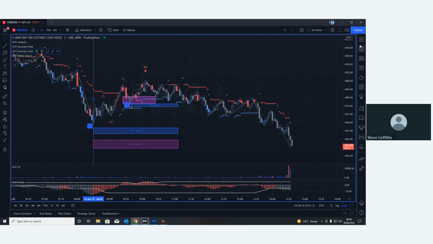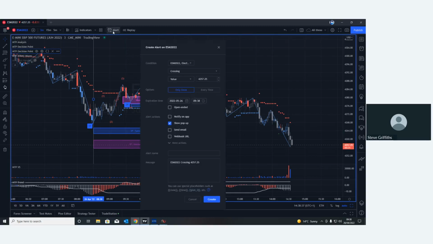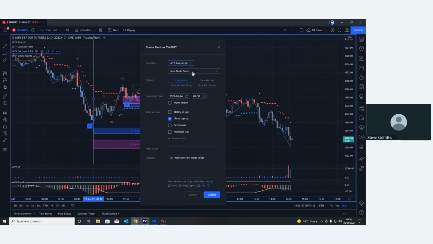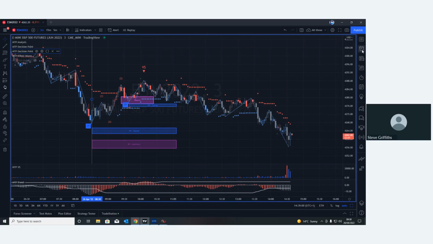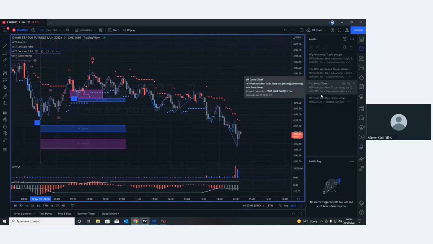When we do have alerts, what you can do is set up an alert for our MTP analysis. You can place this on here. You see that there? If you do analysis, then when there's a new trade set up, it will notify you for this particular market once you've set an alert up. So for those of you who've been using it, you can set up alerts for different markets and different time frames. That allows you to use a scanner of sorts, but it's not quite as good as being able to,